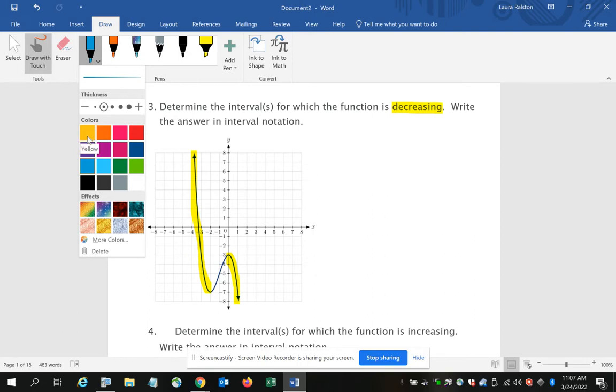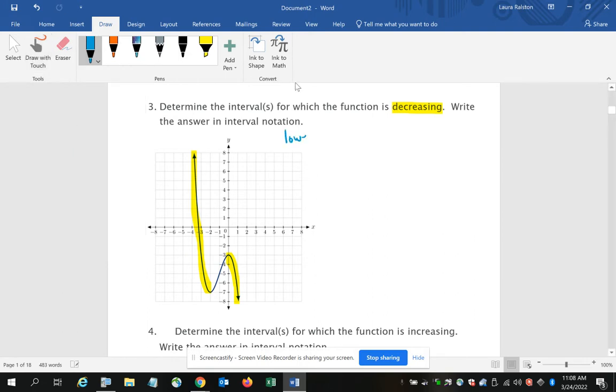them from lowest to highest, and you accomplish that by reading your graph from left to right, and the intervals are always stated in terms of x. Whenever you're stating intervals for increasing and decreasing, it's always stated in terms of the domain, which is x. So for decreasing, it appears to be going from negative infinity down to this point here, which has